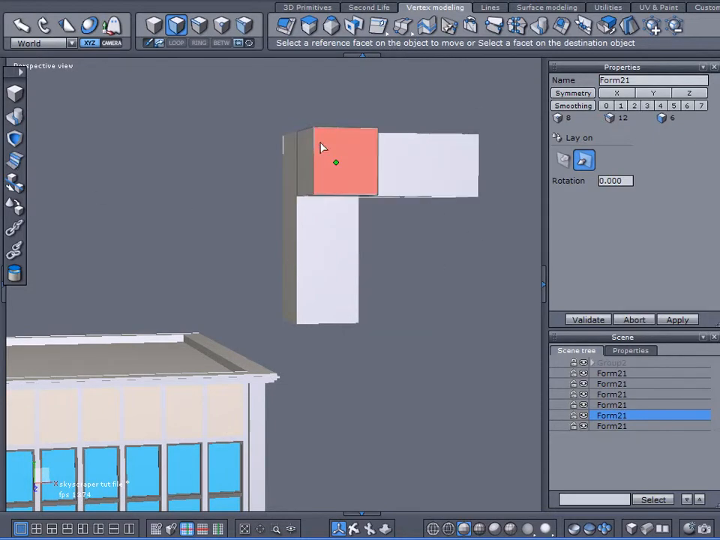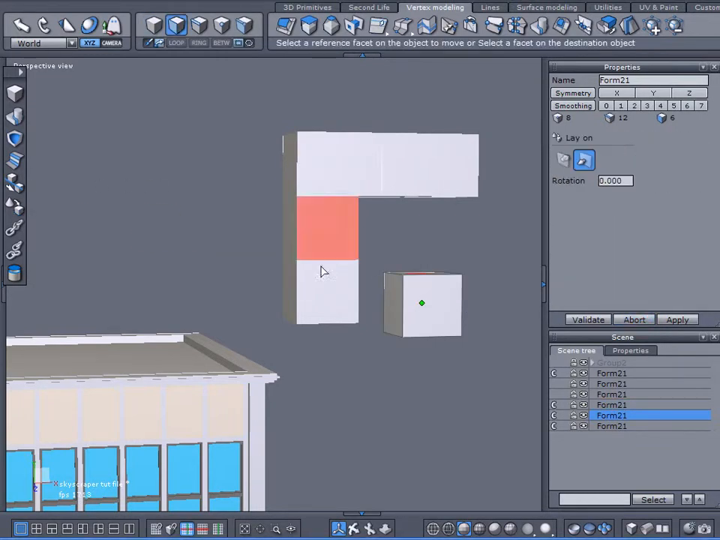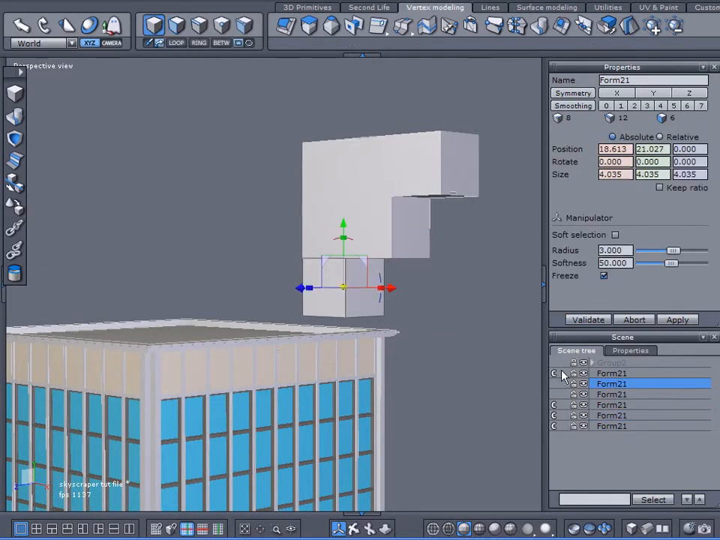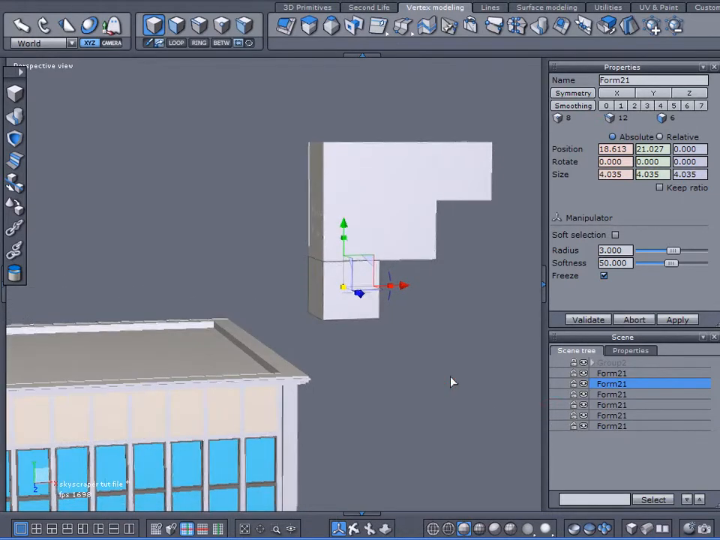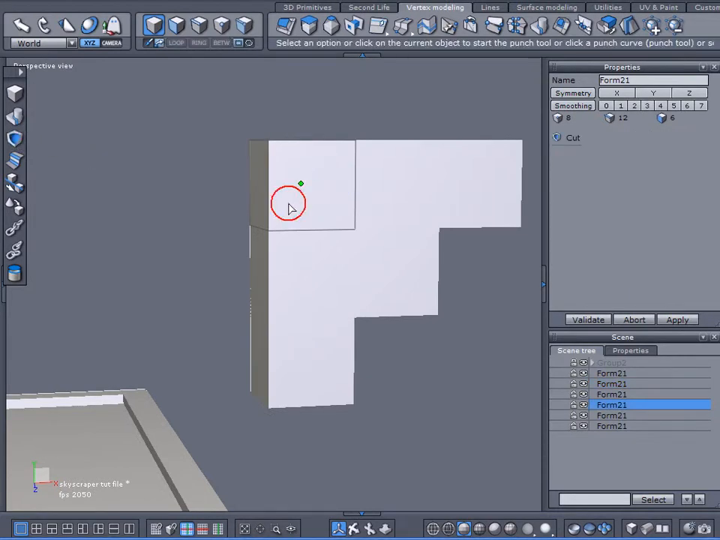The reason why I had to validate that, there we are, validate. Okay, the reason why I made this out of cubes is because I know it would be of accurate proportions. So what I want to do now is click on,